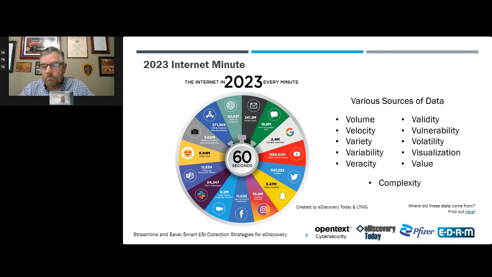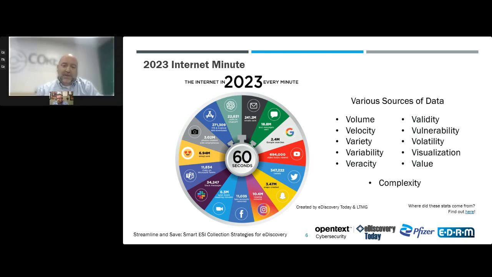Yeah, look, the variety has truly complicated what could be considered a straightforward collection. Typically, in the cases that we're working, or in some of the scenarios where we have to collect devices, WhatsApp data resides on the device. Some of the data doesn't even reside on the device, or it's encrypted on the device, so you can't even get access to it, or it's sitting on someone else's server, something that you don't necessarily have the ability to get to.